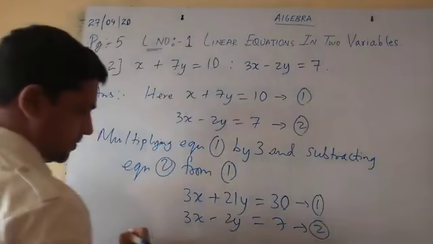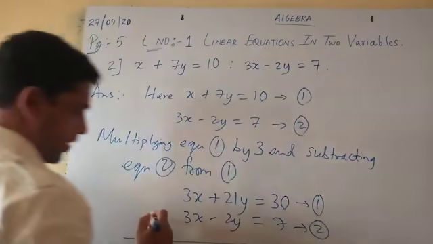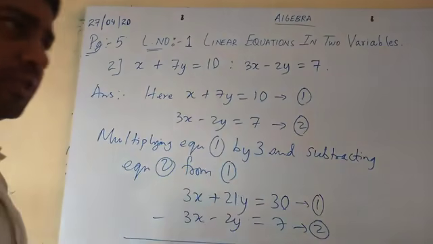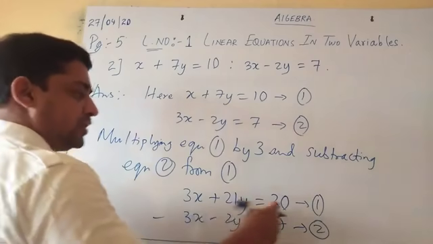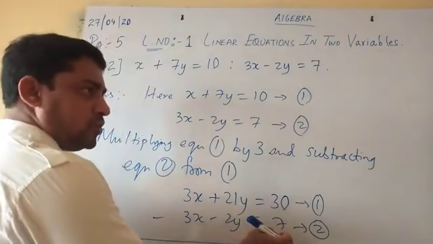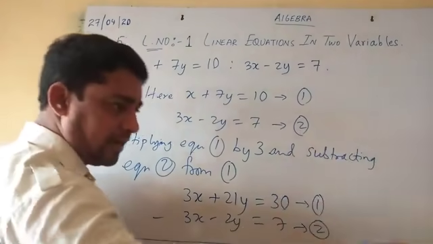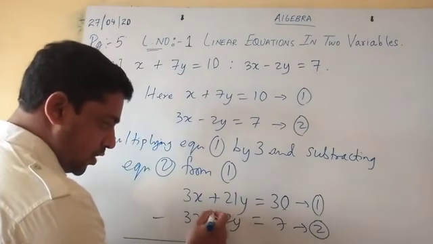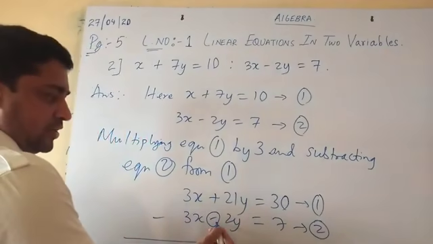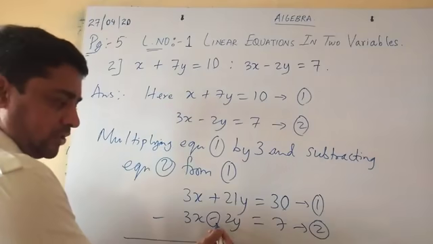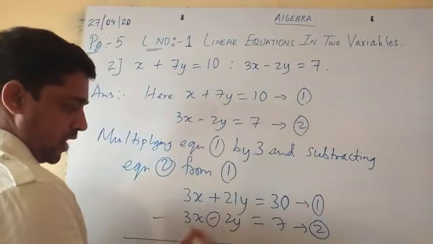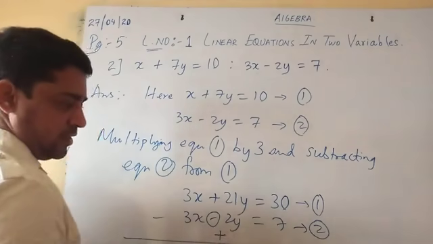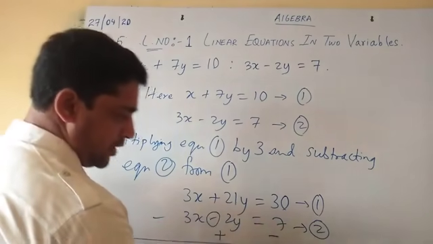Okay, that is, I'll subtract. While subtracting, again I told you the sign will change. The second term, whatever the second equation is, the sign will change. The constant, if it is positive, it will become negative. If it is negative, it will become positive. So I'll change this sign. You can circle the term by changing the sign, so remember that I have changed the sign. So minus minus will become plus. Minus plus will become minus.